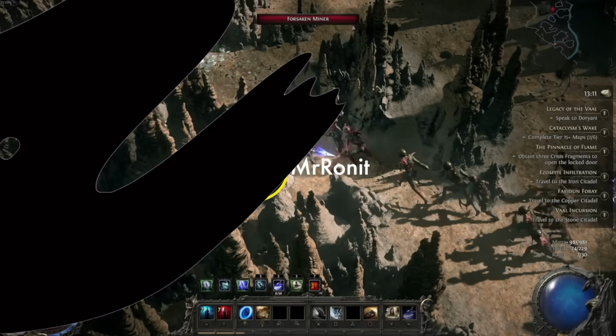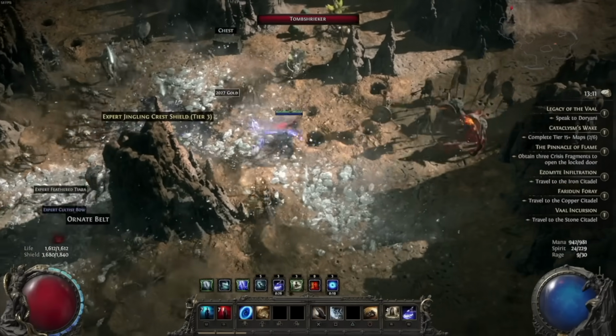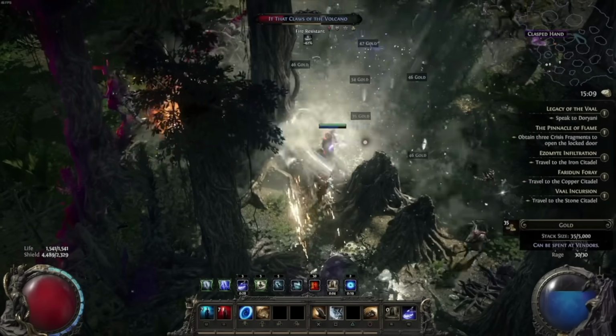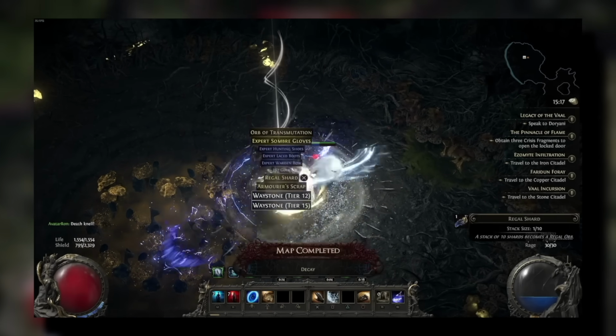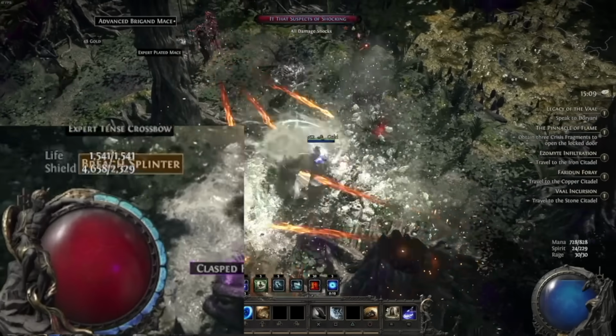So today I'm going to be going over how to build your Endgame Ice Lightning Monk so you can farm tier 15 maps and beyond with ease. This build has it all: incredible clear speed so you can destroy dense maps and breaches with ease, amazing single target DPS so bosses fall over in seconds, and then we also have incredible survivability through huge amounts of evasion